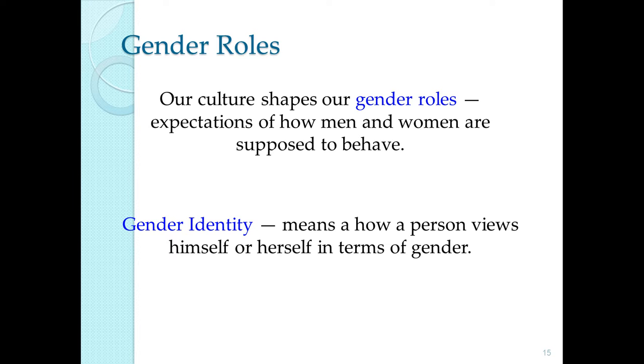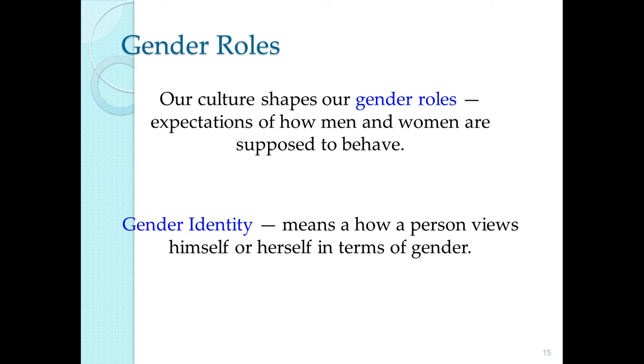So gender roles are the expectations of how men and women behave. These are the norms for your gender. And they change over time. They're absolutely malleable. But our gender roles are one of those things that, when violated, make people uncomfortable. They make people feel anxious. So it's beneficial because if we know what to expect of others, it reduces our anxiety. But when we run counter to those, we have some conflicts.